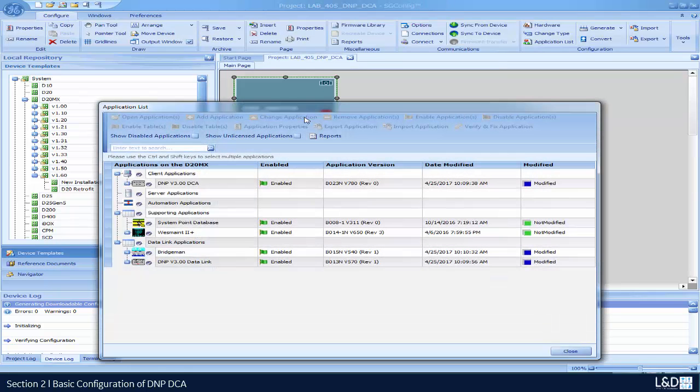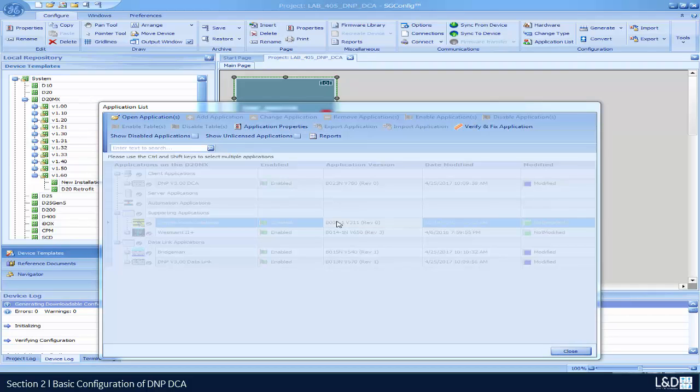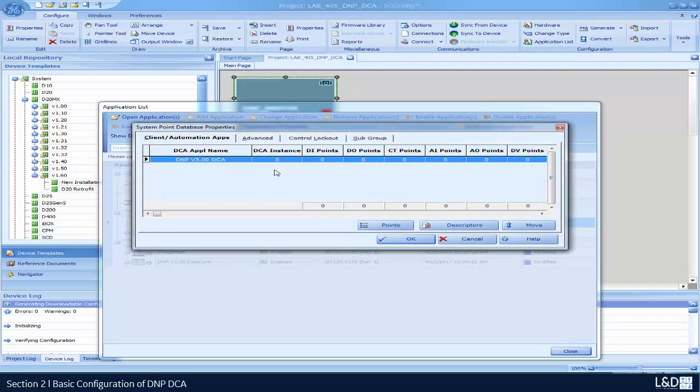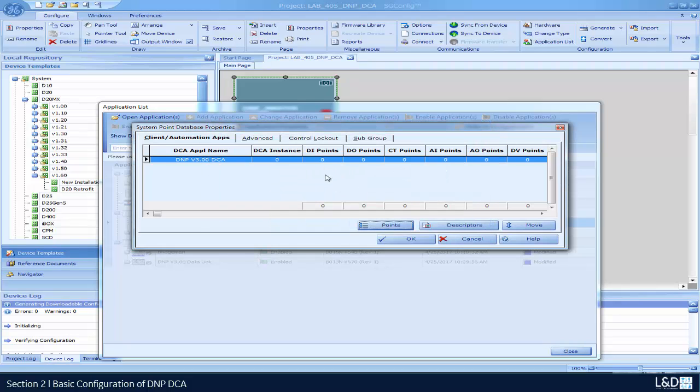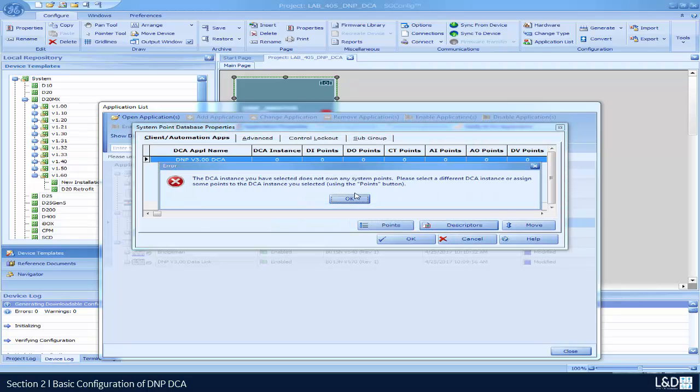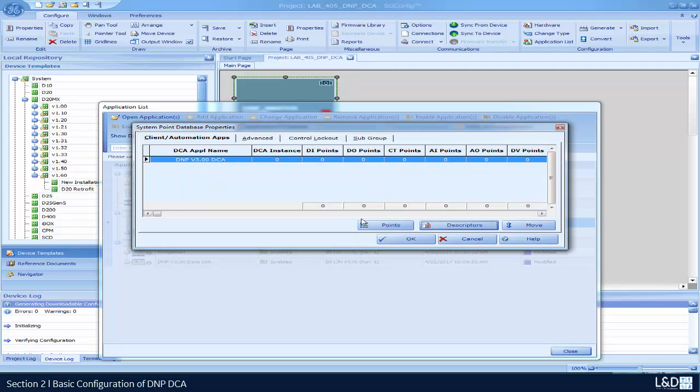Okay, so we have finished B023 configuration, B015, B013. Now you need to configure B008. In order to configure B008, you would have to set the number of points that is required for the 3 digital input points, and then you have to set up the descriptors once you set up the points. In order to do that, you would need to refer to your